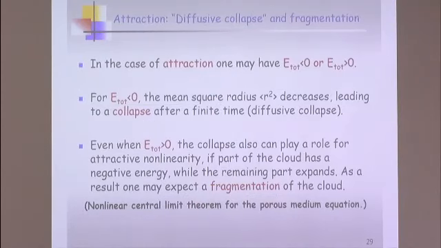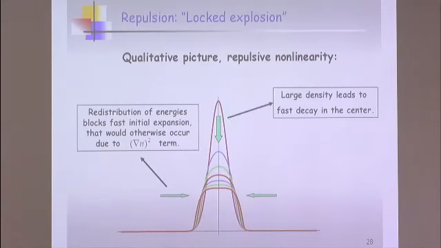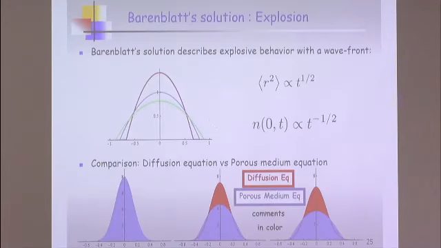Okay, now in the case of attraction, one may have 2 signs, positive and negative, depending on how strong the nonlinearity is. Just in the case when this one is positive, one still has expansion, and when one has negative, it is repulsion. But one may see from the studies of what is known about this equation, that actually